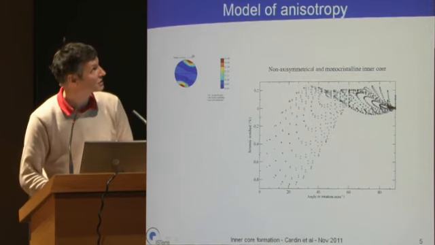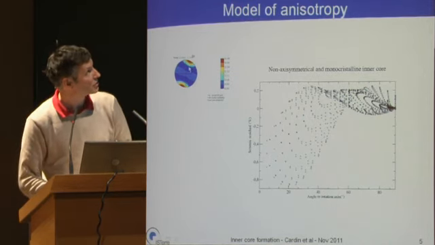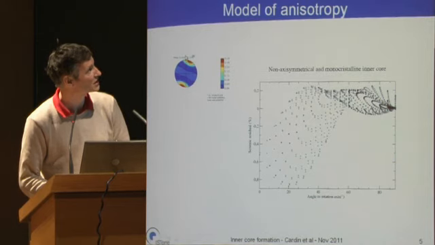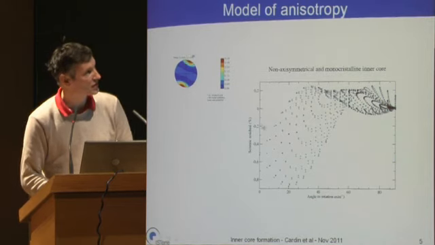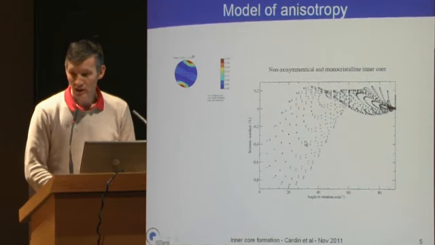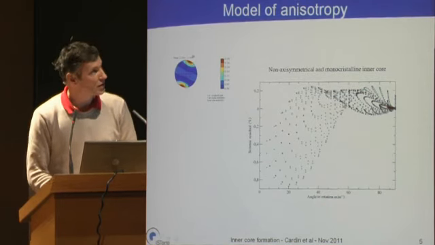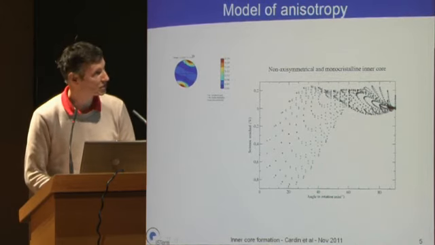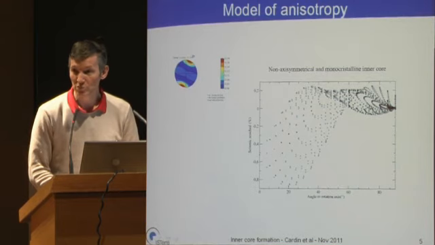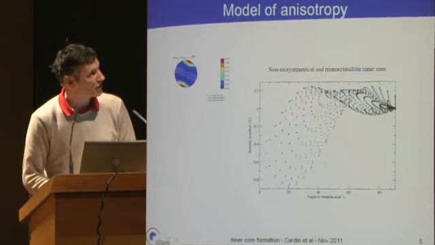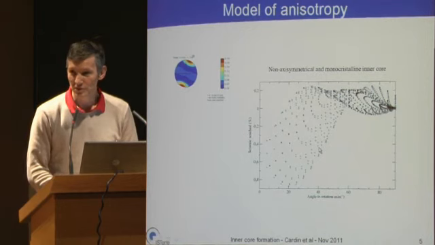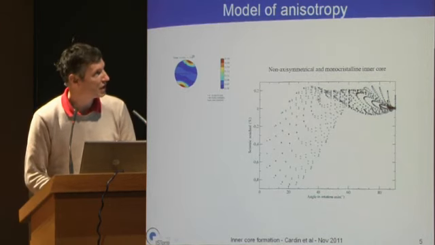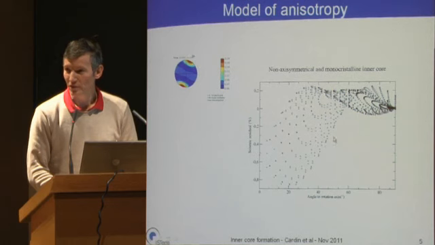If you put the axis of the anisotropy a few degrees away from the axis of rotation of the inner core, then the residual data looks like this. And it shows that we have to be careful. We didn't finish this study, this is our preliminary result, but you have to be careful using the seismological data, especially as the error bars of the seismological data could be as informative as the curve itself.